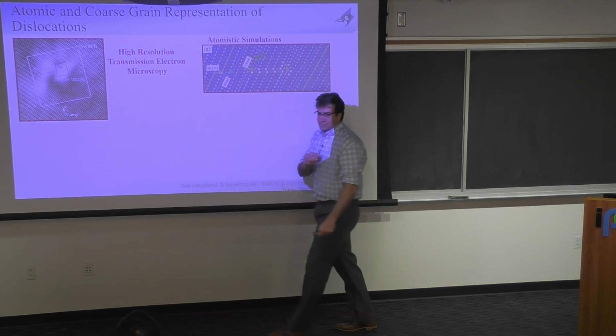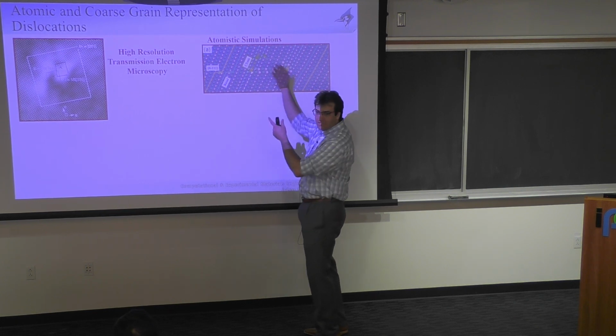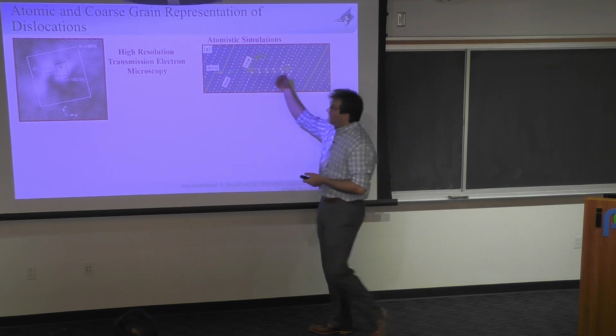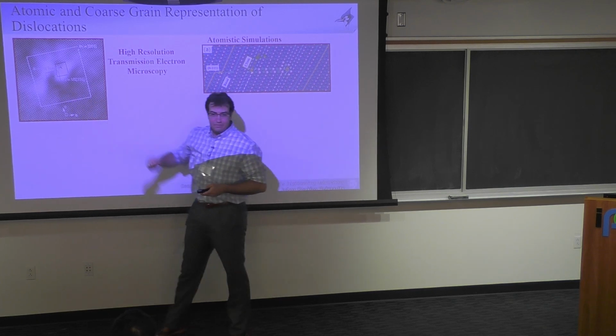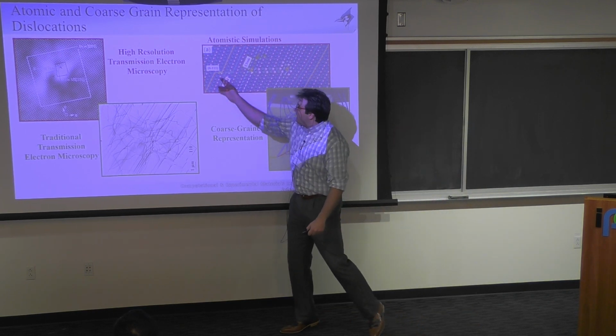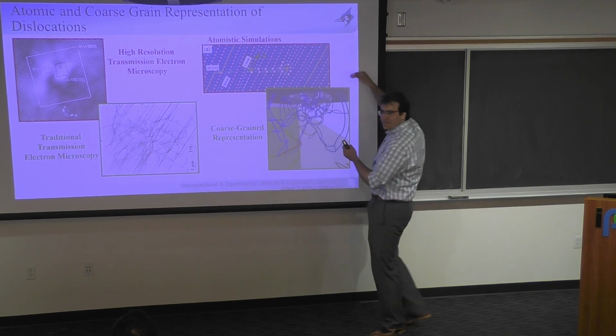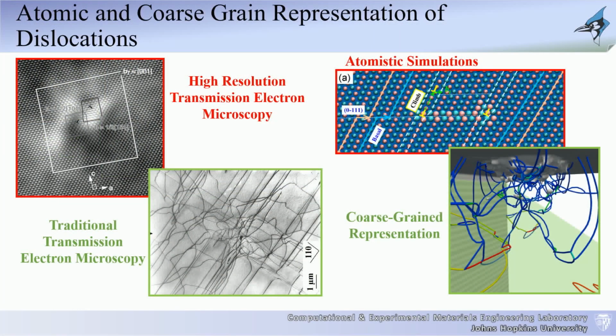Everyone here probably knows atomistic simulations. You know atoms, you can look at how they evolve. Every atom is in the system, you can have a defect, you can look at the dislocations and so on and so forth. That, in an experimental analogy, is nothing but high-resolution TEM. So what is discrete dislocation dynamics? Well, in reality, there's a lot of atoms here that don't do much, right? The defect is really this guy here. This is the defect that eventually evolves. So what discrete dislocation dynamics tries to do is look at that defect alone, represented in a coarse-grained fashion as lines that are evolving in space, because dislocations are nothing but dislocation loops. So this is a coarse-grained representation of the atomistic simulation.